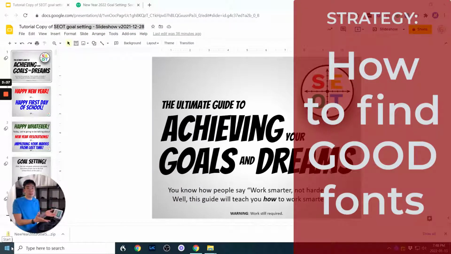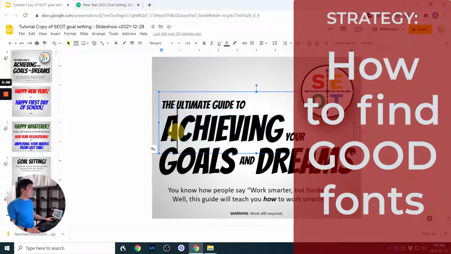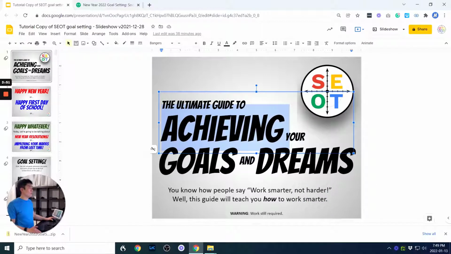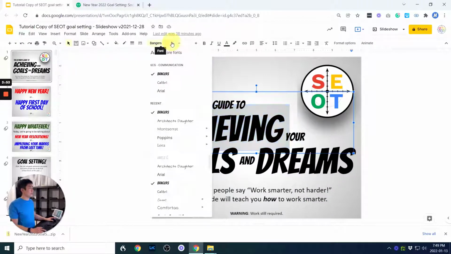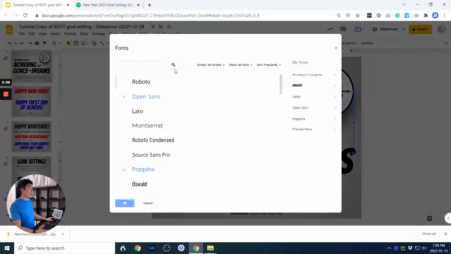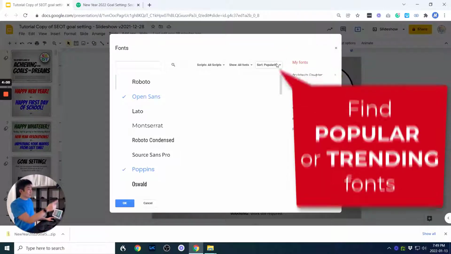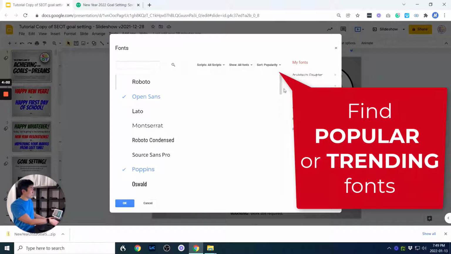So when I make resources, I make them in Google Docs, Google Slides, and I use all sorts of fun fonts to sort of stand out because I like cool fonts. And if you're just new to creating resources, the way to find out what font to use if you're looking for a font is basically in Google Slides or Google Docs, you click on More Fonts. And then you sort by popularity. These are the most popular fonts that people are using, right? Or I can sort it by trending.